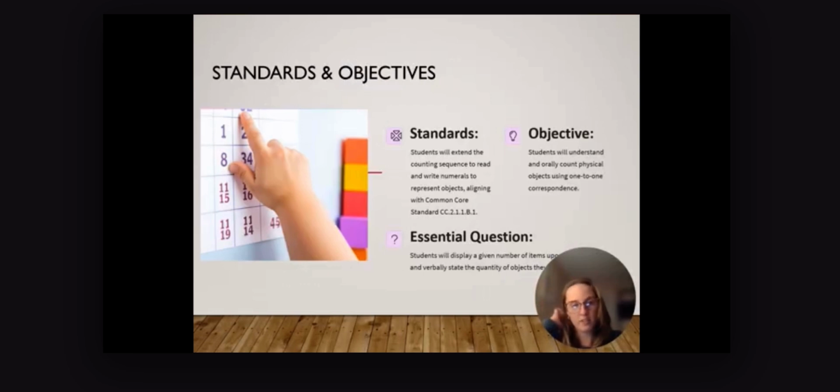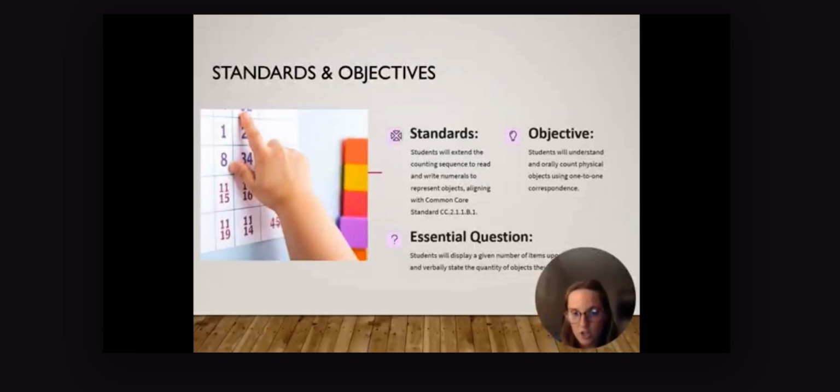So today, some of the standards and objectives. The standards: students will extend the counting sequence to read and write numerals and represent objects, aligning with Common Core Standard CC 2.11.B1. An important thing to note is that within this standard, there are a few concepts that take their own individual lessons. So today we will just be counting with one-to-one correspondence, not writing or